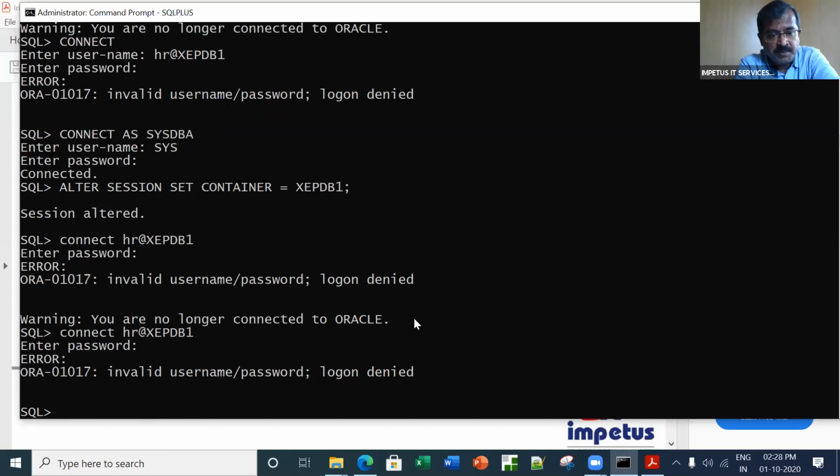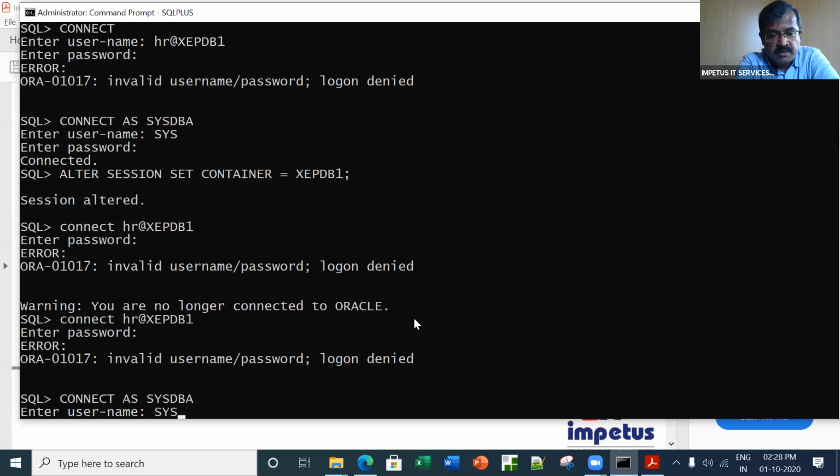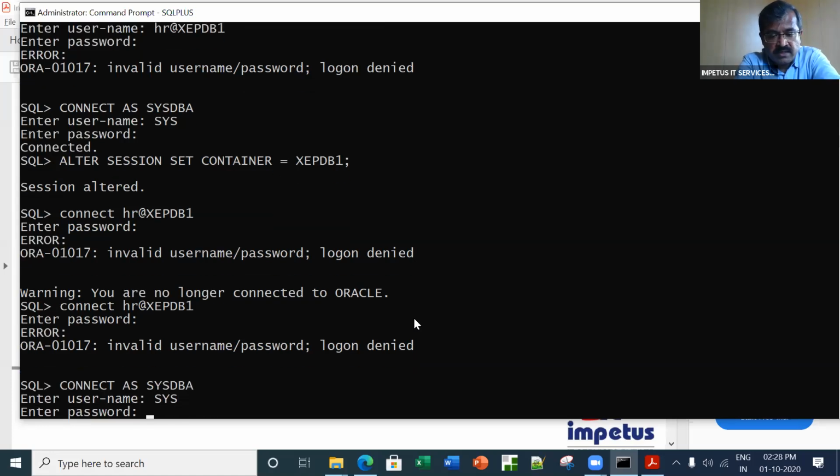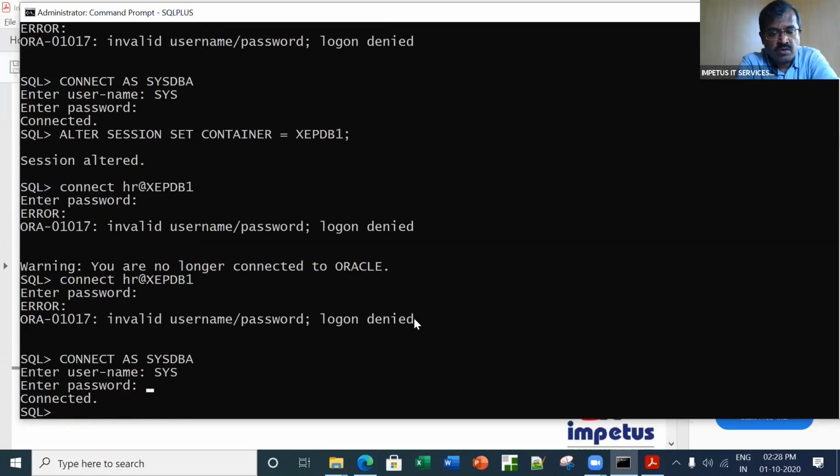Okay, let me try it once again. I say connect as sysdba. Username is sys. Password is root. Now when we are here, we'll alter.